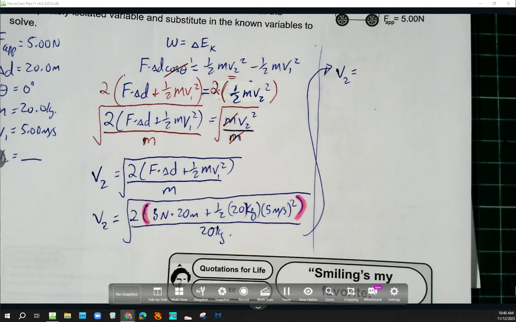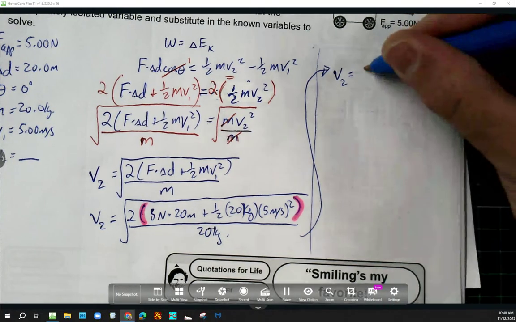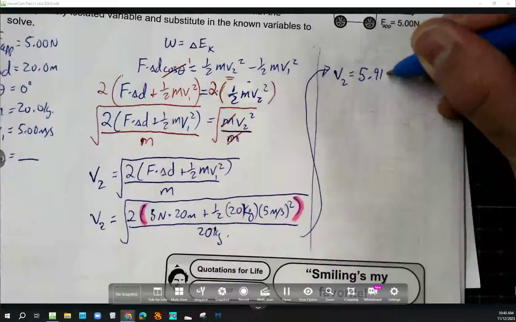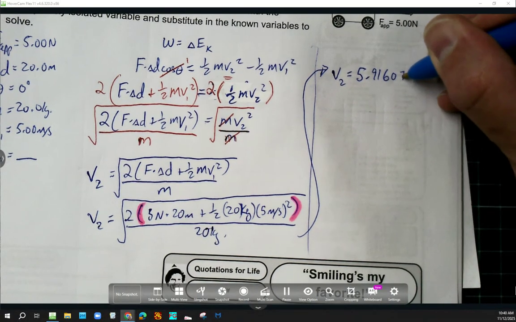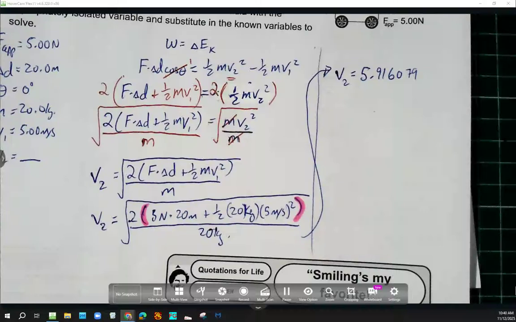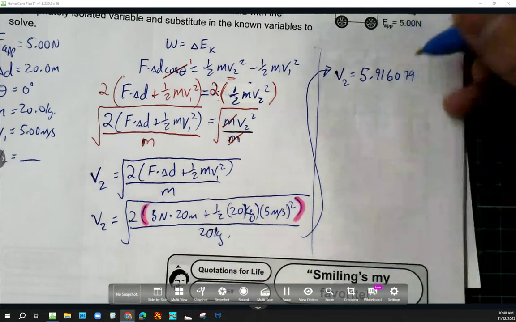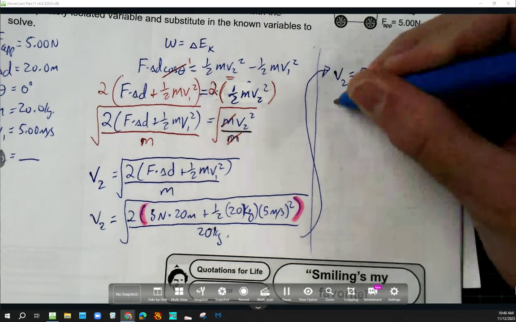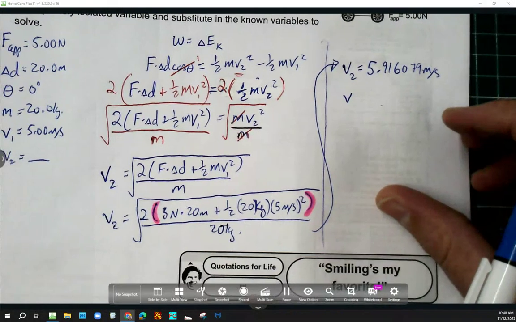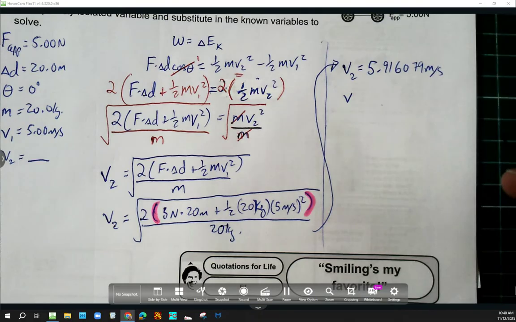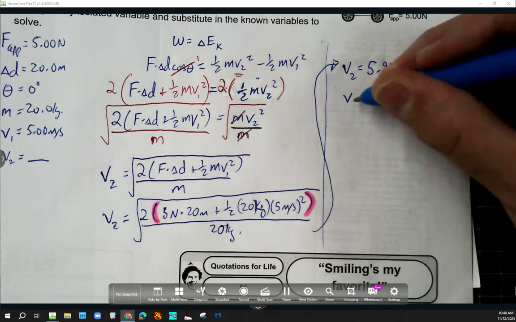Did anybody get this one that starts with a 5? What'd you get? 5.9161. Yeah, that sounds good. I got an extra 0.79 on the end just because I was feeling exhausting or something. But meters per second. How many sig figs do we have in this problem? Take a look at our givens. Does it look like 3? All right, so V2 is equal to